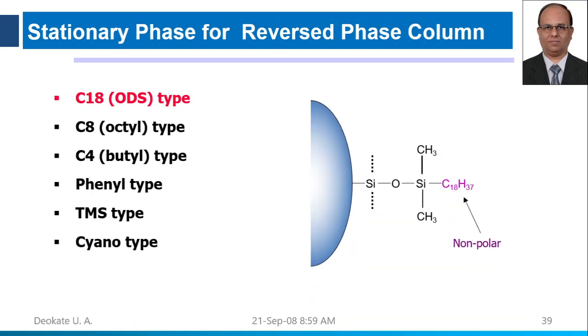So what are these? This is silica which is bonded, so this is called bonded silica. It is bonded with certain non-polar groups like C18. C18H37 is a non-polar group which is bonded to the silica, which acts as a stationary phase. Therefore, these types of columns are called bonded silica columns. This process of bonding is done by various techniques like silyl derivative formation. So this silyl derivative will produce the reverse phase column in your HPLC.